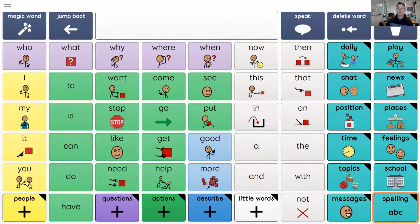One is, how do we get people to literacy? If our goal is that we want to always try to support or scaffold word learning, letter shape learning, and sound associations, there are a few ways to do that, and again, we're pointed to them empirically. One, you'll notice that some of the words depicted in core are combined with a symbol, like the word want has this little person reaching out for something, and stop has the iconic stop sign next to it. Go has the commonly used green arrow. But then these articles here, like to and is, the little connector words,